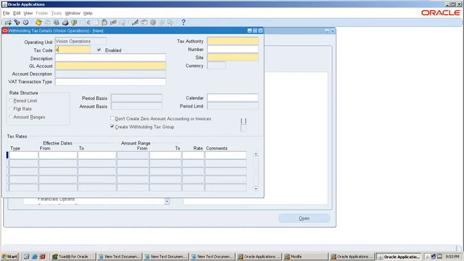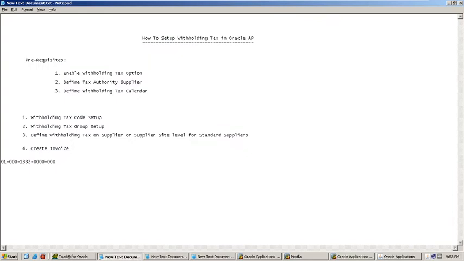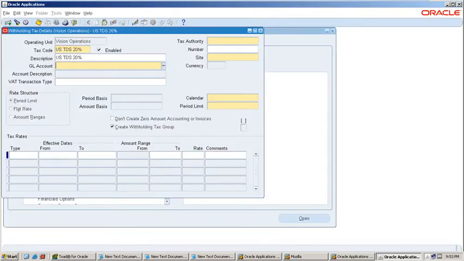I am creating US TDS 20%. Then description, and then you need to provide the GL account details, which account the withheld amount should go to.